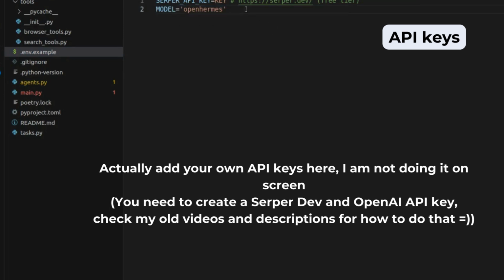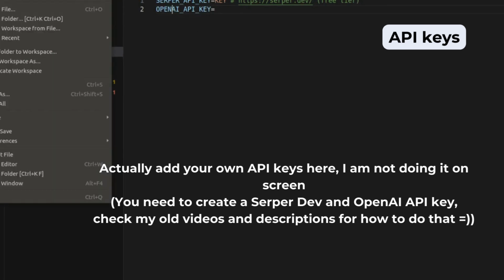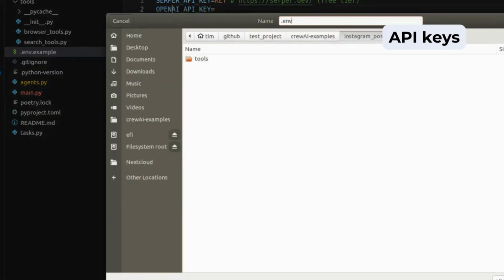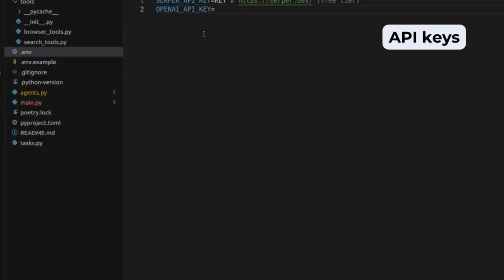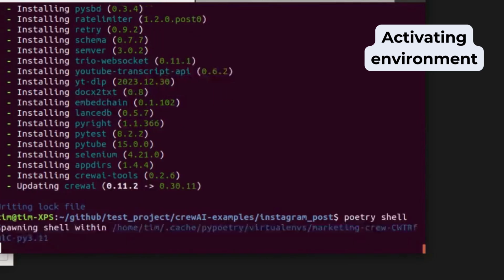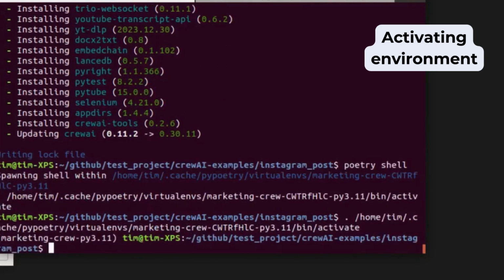You can remove these two lines. The OpenAI API key without the underscore. Otherwise it's fine. And save the file as just .env, and then CrewAI will be able to use it. And now we can go to the shell and activate our poetry shell to activate the environment with all the dependencies that we need, and give it a first try at running our crew by typing